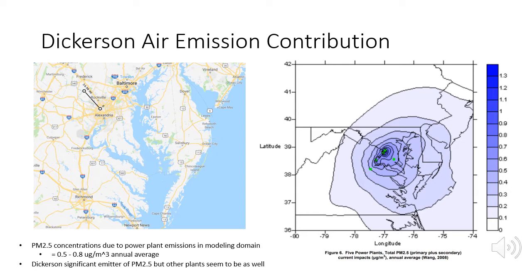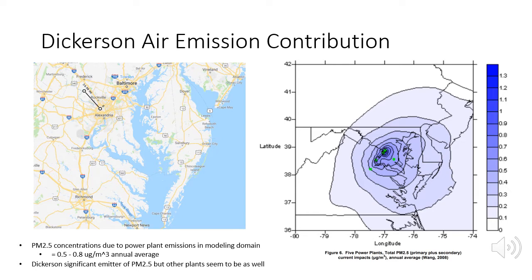those concentrations are due to 5 different power plants in the region. And so when you compare that with the concentrations that I calculated and showed you guys in the previous slides, to me, it appears that Dickerson is definitely a significant emitter of PM 2.5. The other plants do contribute to the PM concentrations. It's not solely Dickerson, but Dickerson surely is